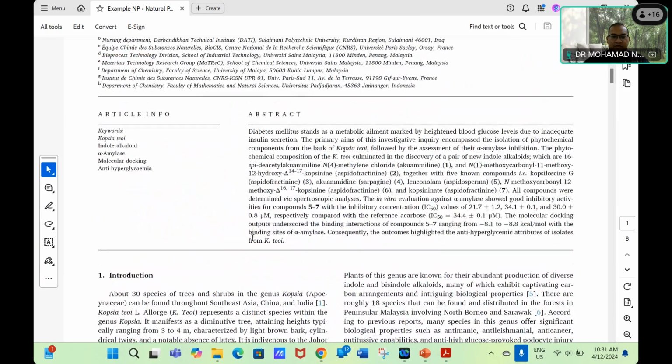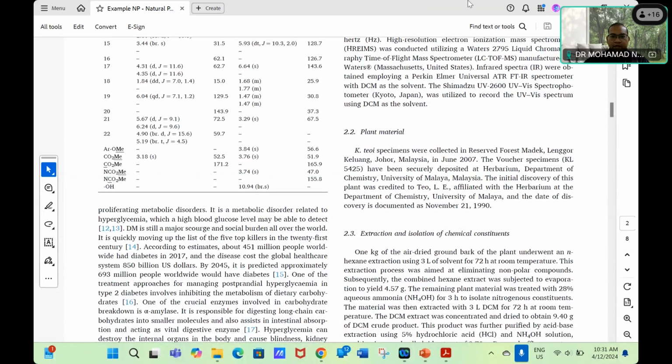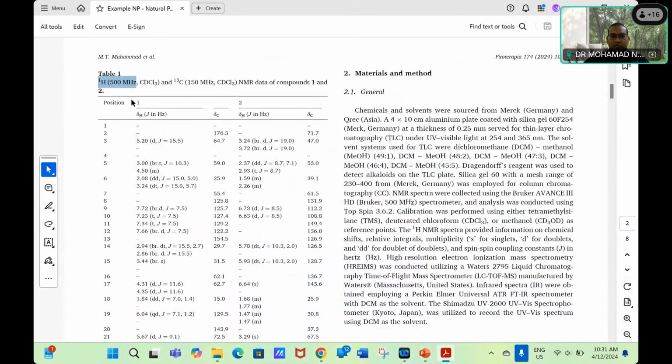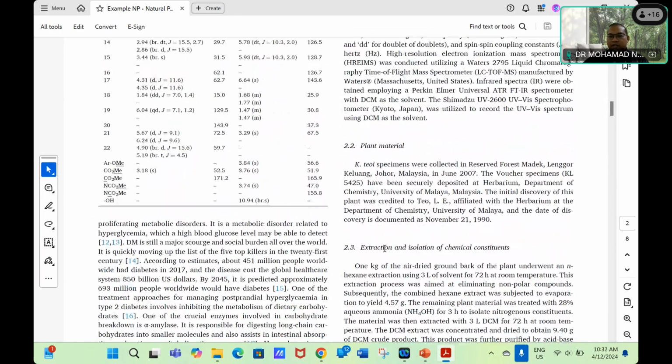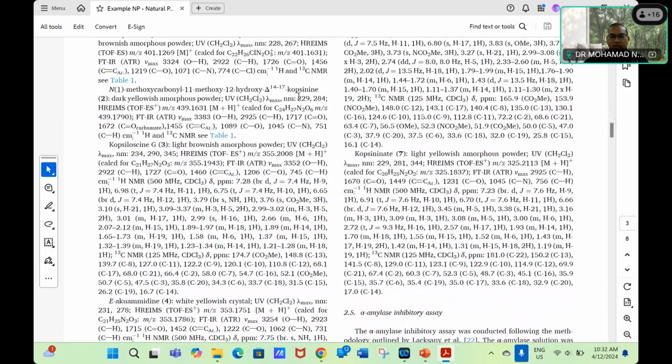Okay, so the most important things they explain are the NMR data for the natural products in these shapes. They have the position of carbons, and the values for the protons and carbons. In the general methods, they have the generals, the plant material, the source of the plant material, the extraction process and purification process, and also some spectroscopic data. This is an example for the natural product studies.